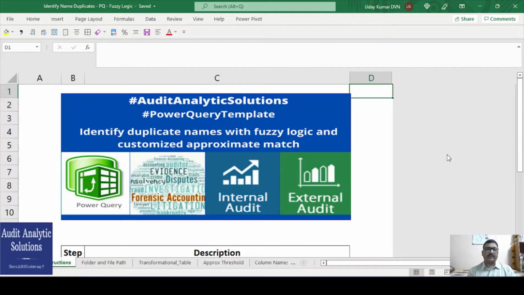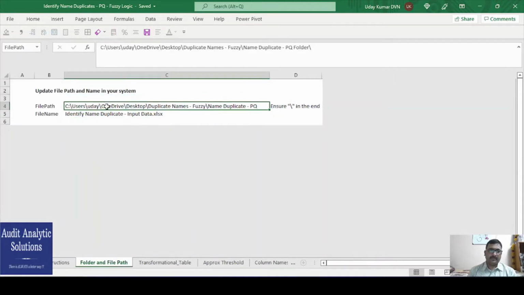First of all, you would have to update the file path and the file name. So here I have the file path on desktop. I have a folder named name duplicate PQ folder, and this is where I have this particular Excel file.